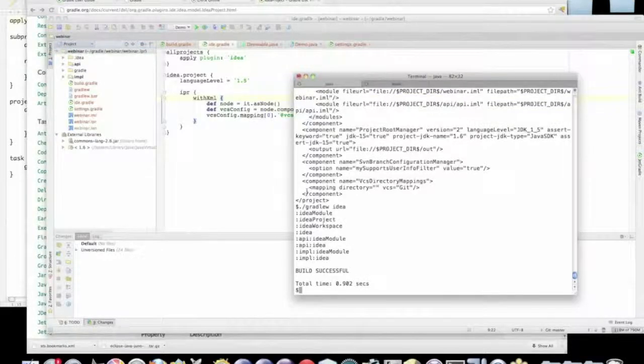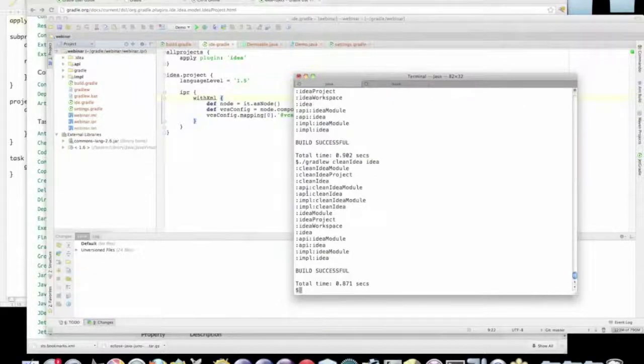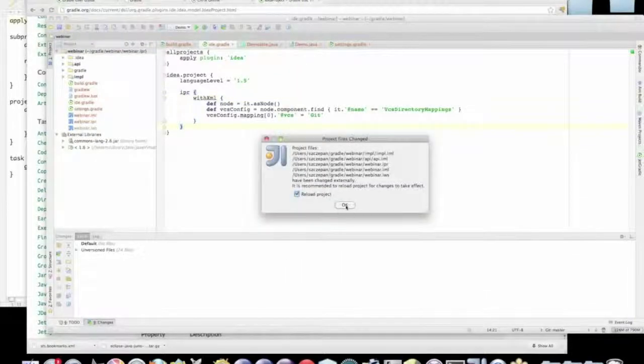Obviously, if you want to enforce complete regeneration of the metadata and drop all the modifications, you are free to do so. You can do clean idea. So we've first done the clean idea task, which basically cleans the module information and project metadata, and we generated it again, effectively writing that from scratch. If I reload that in IntelliJ,